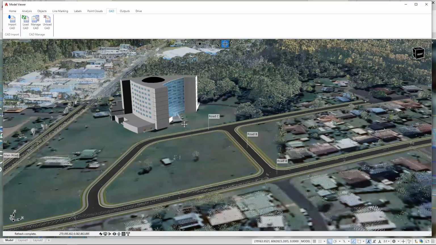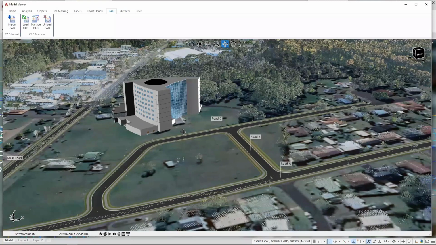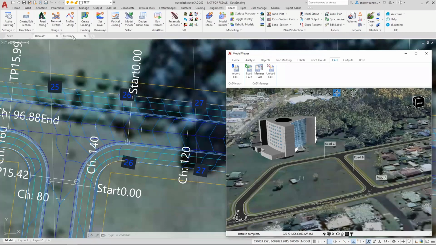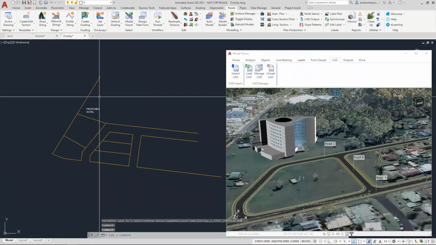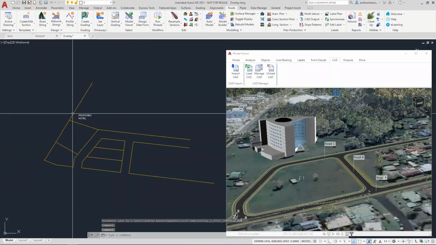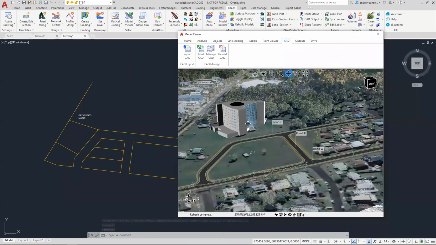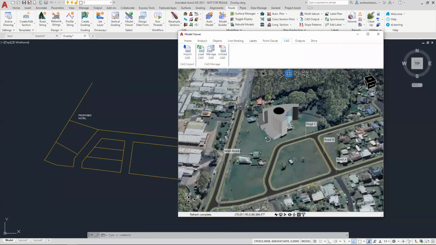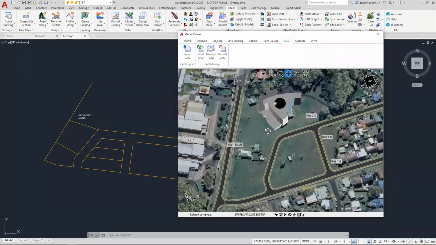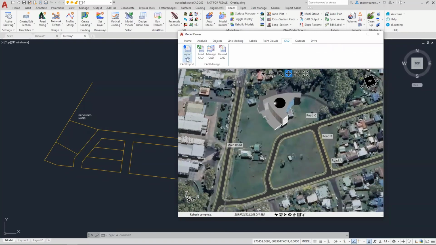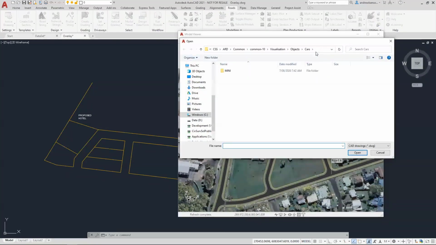You can show those solids that you've modeled in CAD by using this new CAD import. And I'll show you right at the end an example of that. Now, I have another drawing file here called overlay, and it's just some boundaries and some text. So let's change the view here a bit. I'm going to click on Import CAD,